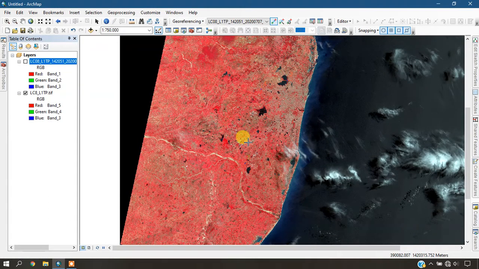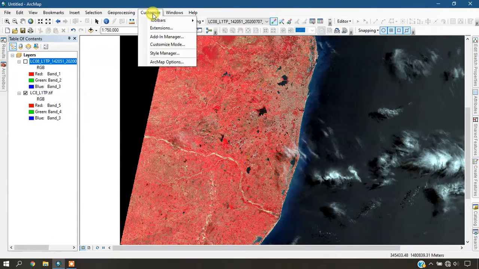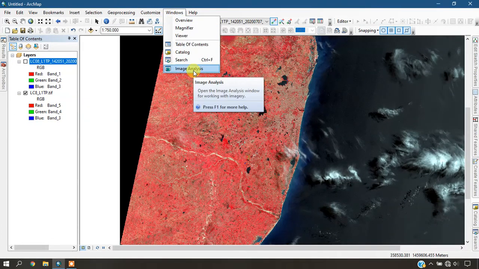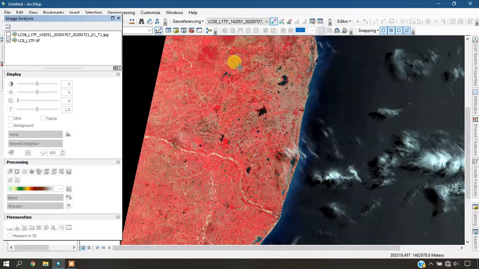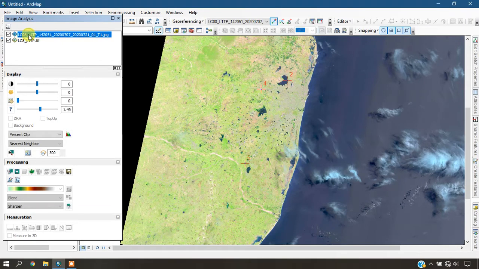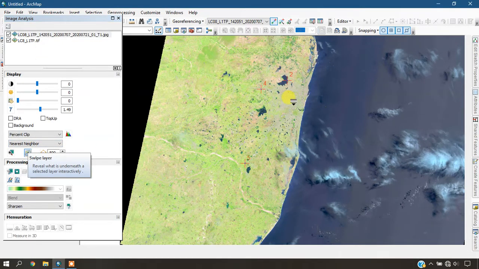So I have already added 5 GCPs. Now we will check the difference between the images. For that, go to the option Windows, and select image analysis, and enable the image here and select the option swipe layer in order to find the difference.